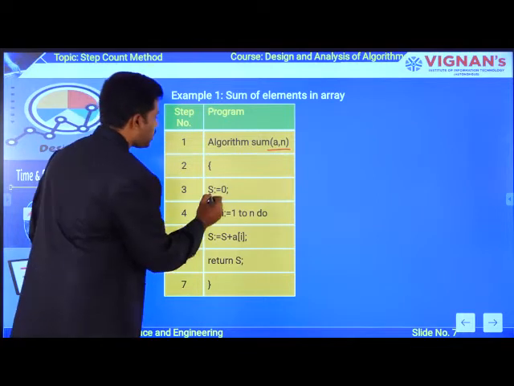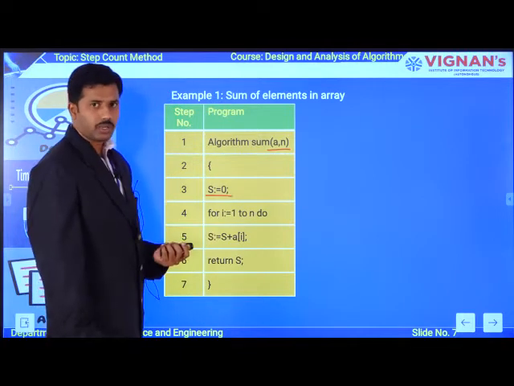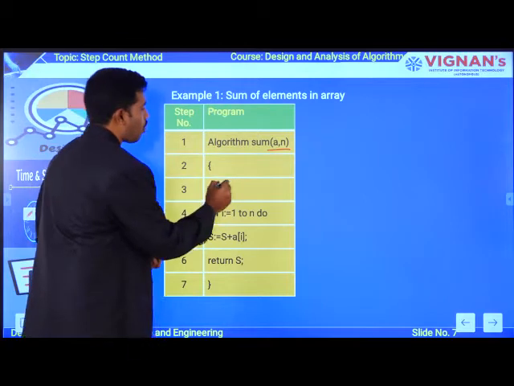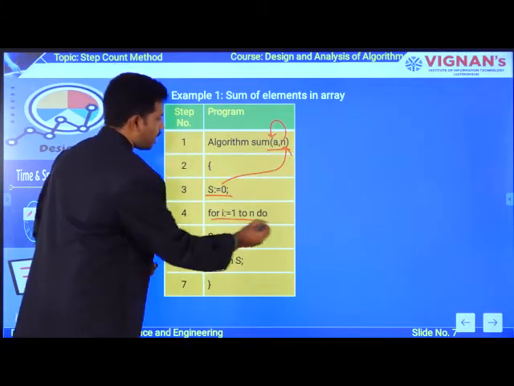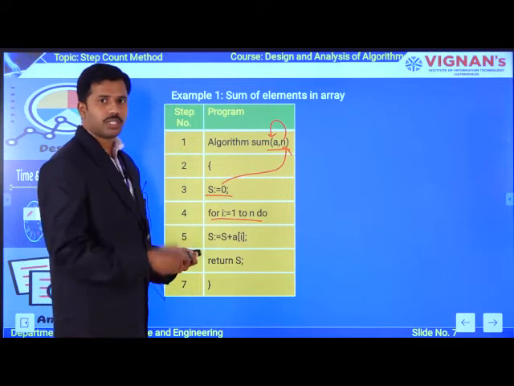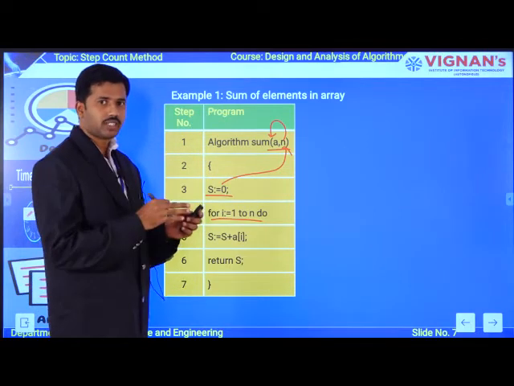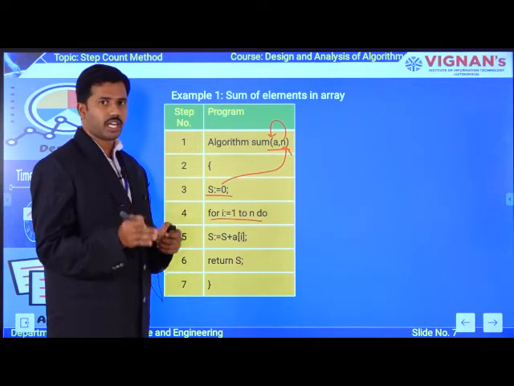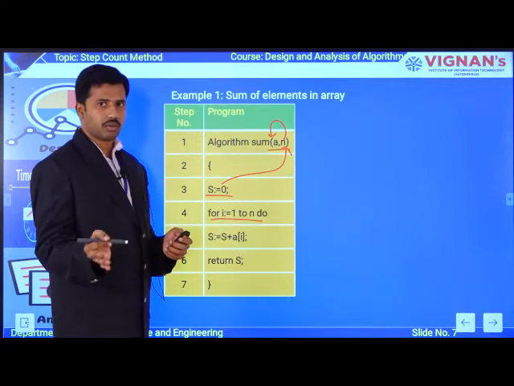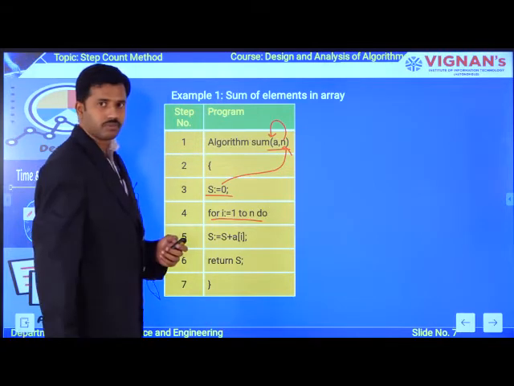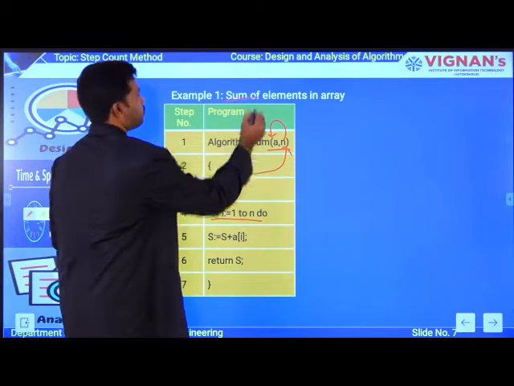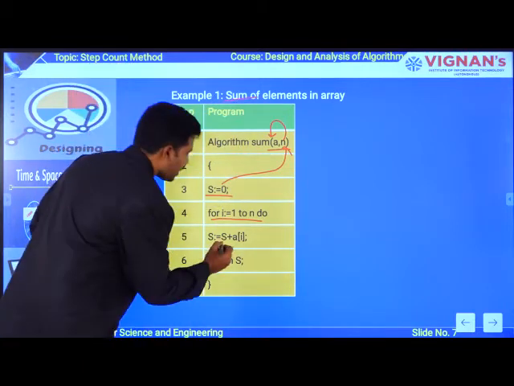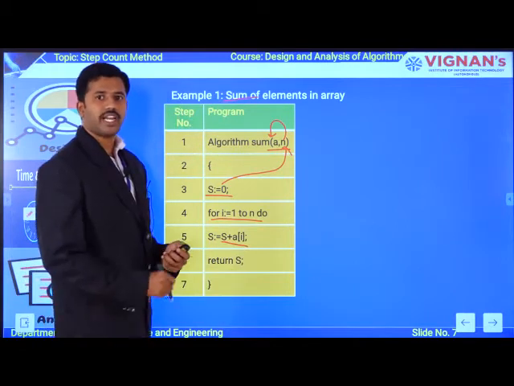As I said previously, initially my sum is 0. To trace all these n elements available in the array, I am taking a for loop, which starts from 1 to n. You need to trace all the elements in the array, from the first element to the last element, so that's why I have taken a for loop. And what is your main target? To get the sum. For that purpose, I am simply taking a simple arithmetic addition operation.